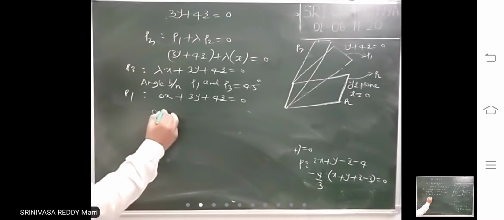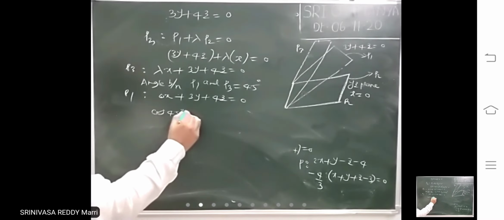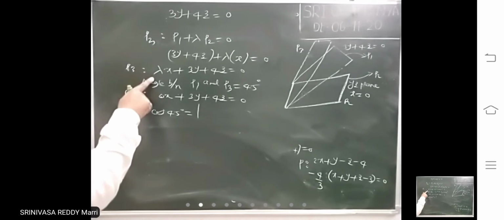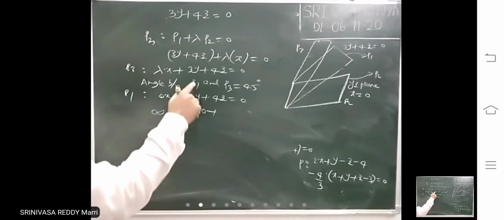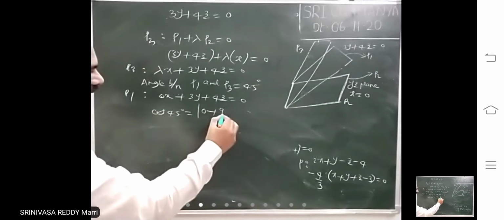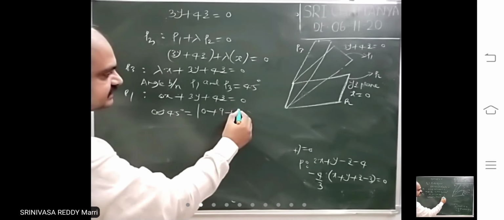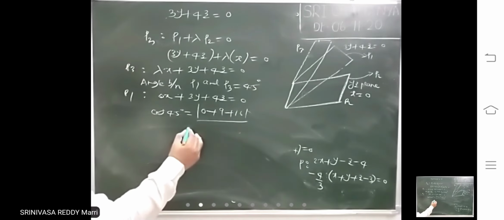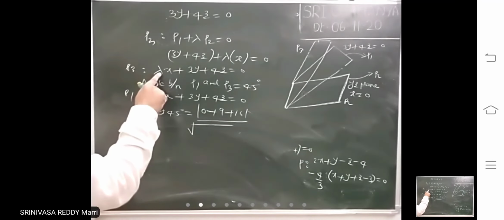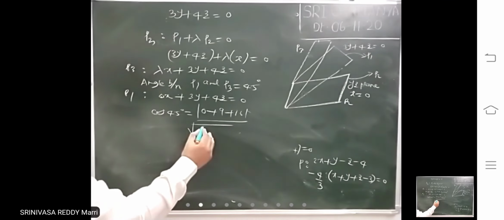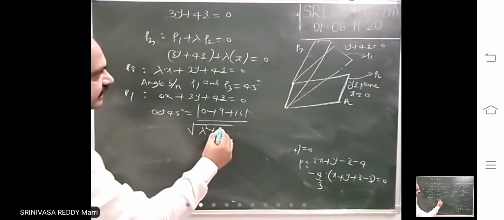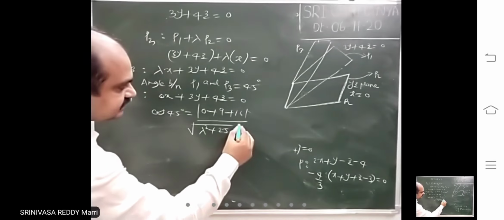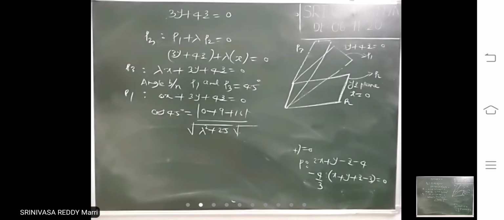Cos theta, cos 45 degrees equals modulus of A1 A2 0 plus B1 B2 9 plus C1 C2 16, divided by root of A1 square plus B1 square plus C1 square, lambda square plus 25, into